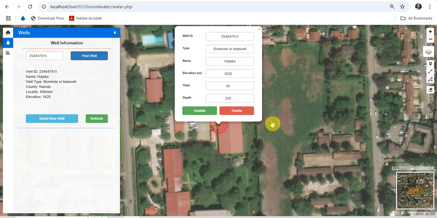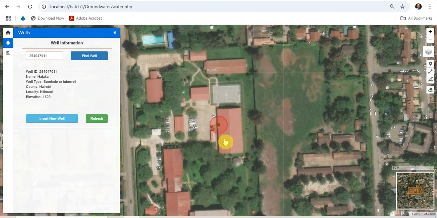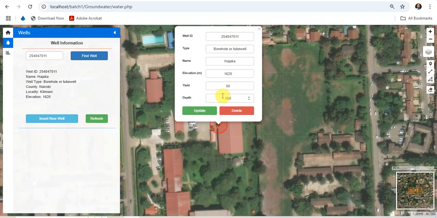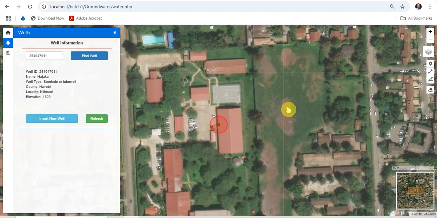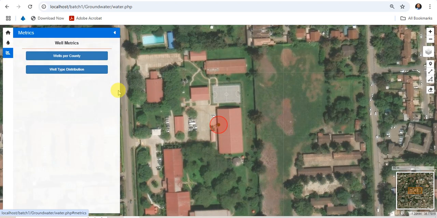So this should be 300. Let's give it time to update. See, it's now 300. So what is the other thing? Metrics, right? Using Chart.js, I created these charts that show you